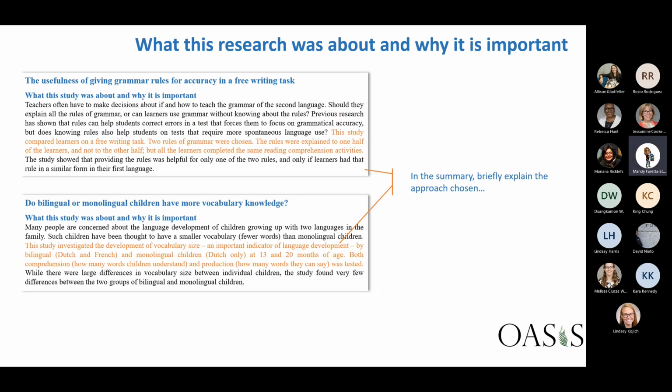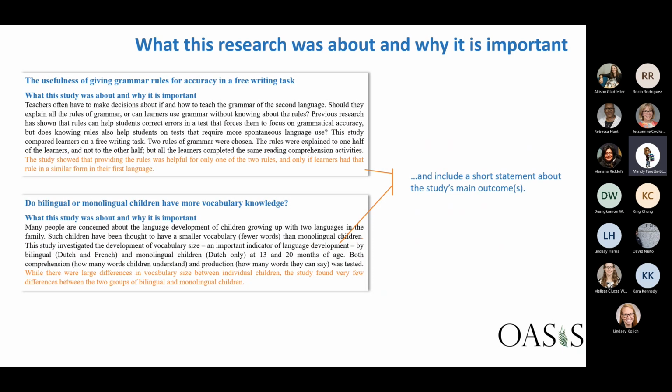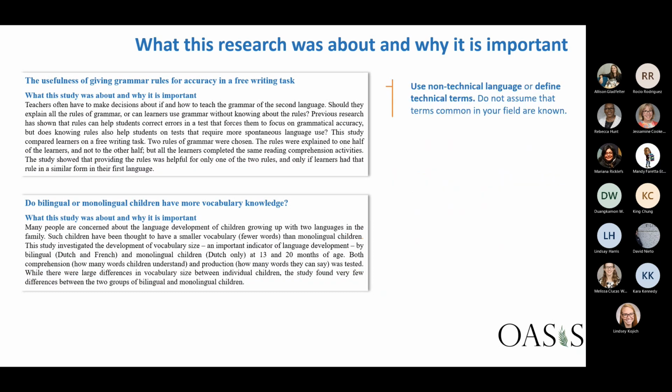All right. In the summary, you can briefly explain the approach chosen. So like a little snapshot of the methods, what was done, and include a short statement about the study's main outcomes. So again, this kind of what and why, most parallel to a study abstract, but with some important changes. Again, this use of non-technical language, or if there's no way to avoid a technical term, you need to provide